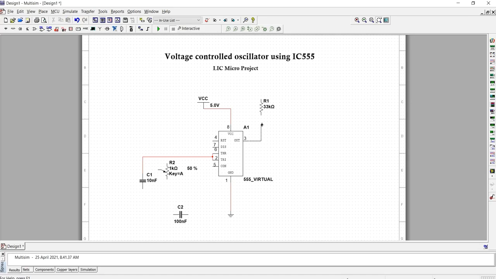Resistor one end is connected to the output of the 555 timer IC, and the resistor's second end is connected to the first terminal of the capacitor. The capacitor's second terminal is connected to ground. Pin number 4 is connected to VCC and pin number 8.